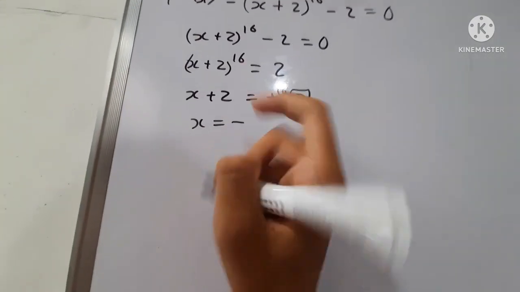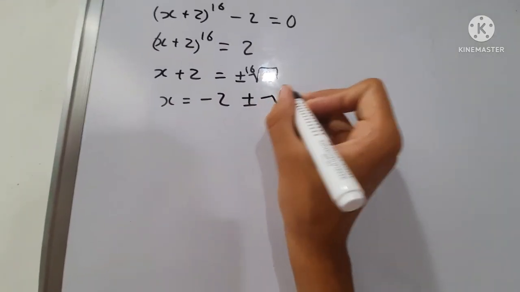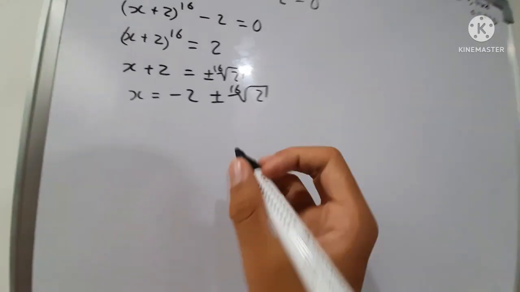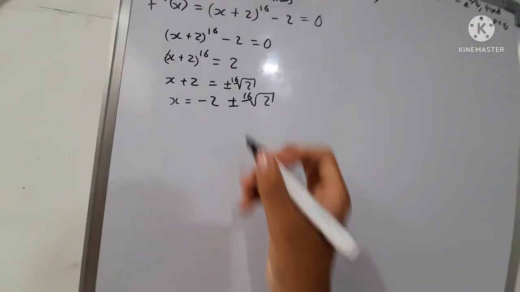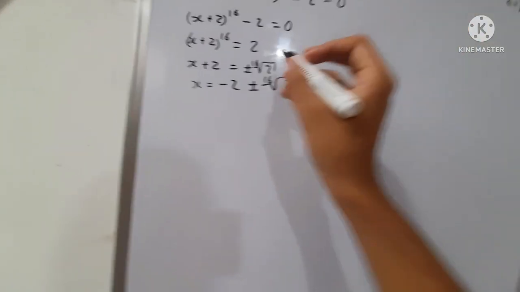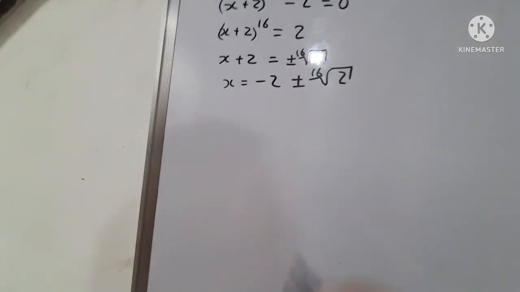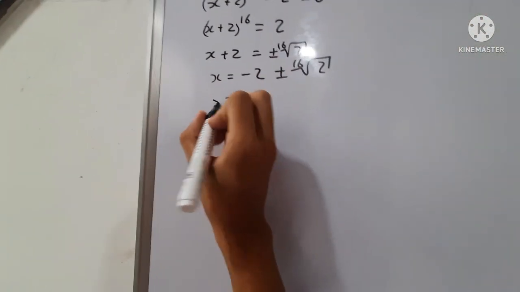So we move that to the other side: x equals minus 2 plus or minus the 16th root of 2. I think it's easy enough to see that these are the only two values, because if you plug in a negative inside, you're going to get a complex value, and we're only looking for real values. So yeah, solving this one,